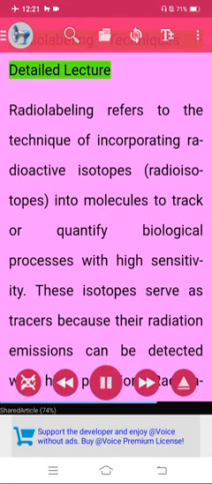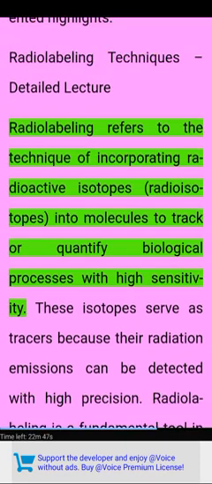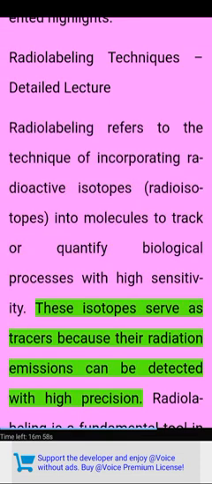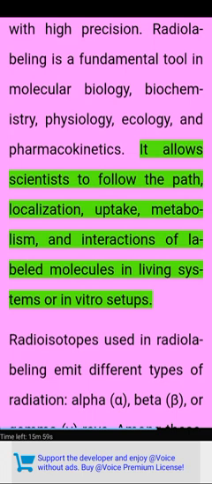Radiolabeling techniques, detailed lecture. Radiolabeling refers to the technique of incorporating radioactive isotopes, radioisotopes, into molecules to track or quantify biological processes with high sensitivity. These isotopes serve as tracers because their radiation emissions can be detected with high precision. Radiolabeling is a fundamental tool in molecular biology, biochemistry, physiology, ecology, and pharmacokinetics. It allows scientists to follow the path, localization, uptake, metabolism, and interactions of labeled molecules in living systems or in